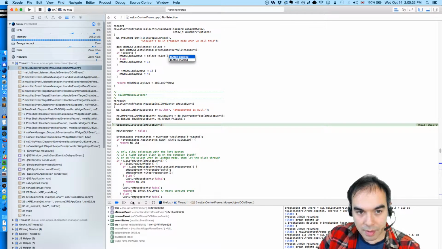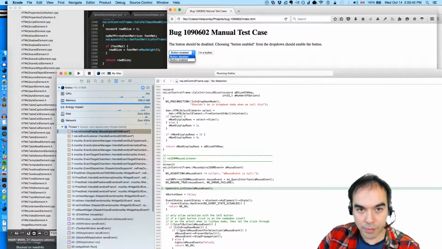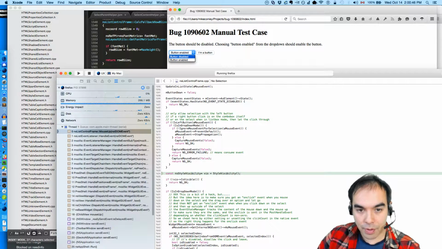Update in list state. I kind of want to see when everything gets updated, when we flush the UI. Although maybe we'll defer it. When will this become disabled?